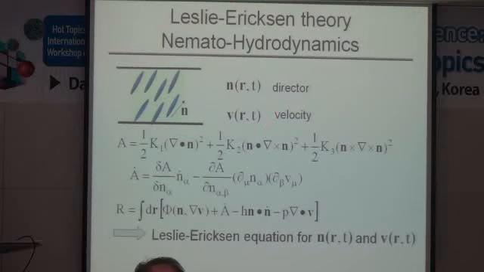If the director is not constant, we have an elastic energy, the Frank elastic energy term, and this now plays the role of the elastic free energy of the system. A dot can be calculated by this formula. So A dot changes if n changes